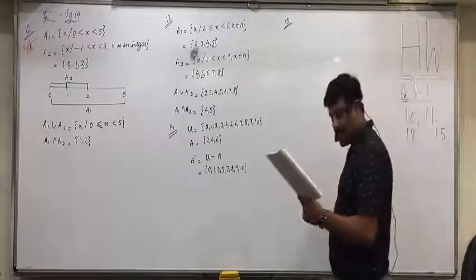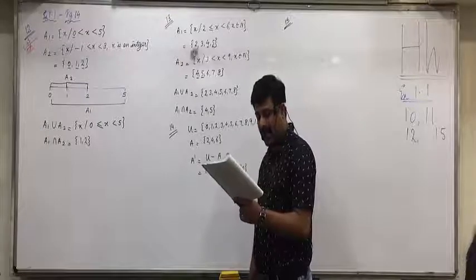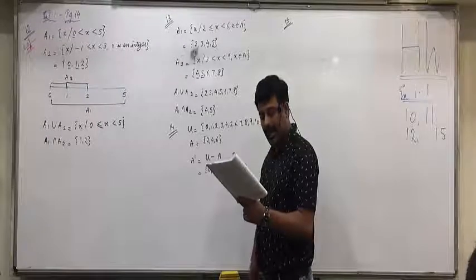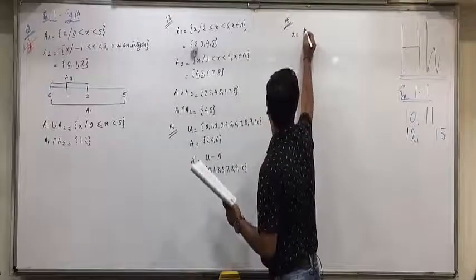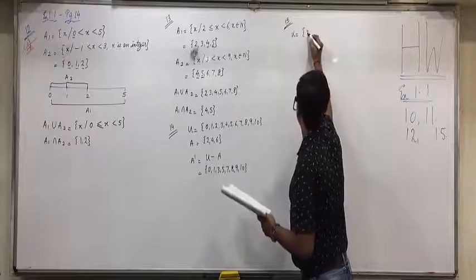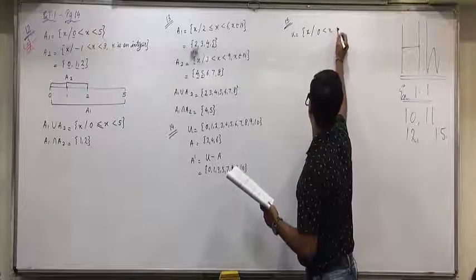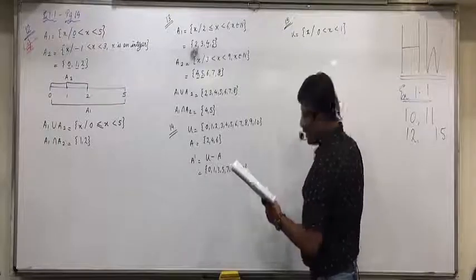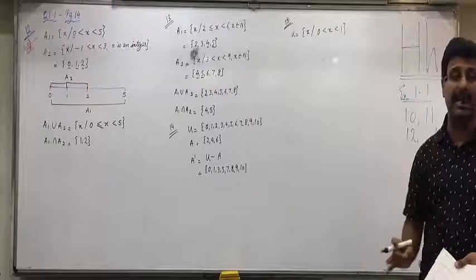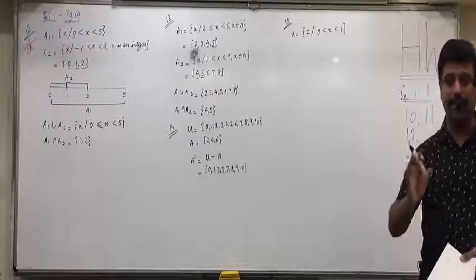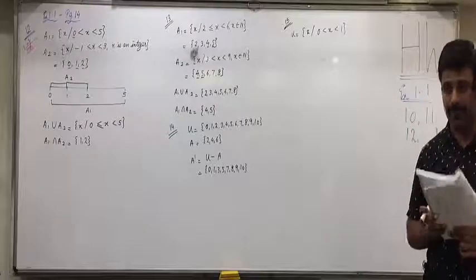Now look at 15th question. The sample space U of a random experiment and its event A are defined as follows. Again find complementary event A dash of A. U equals to x such that 0 less than x less than 1. Can we write it in any other manner? No. Because neither is it mentioned x is an integer, nor is it mentioned x belongs to N, because 0 to 1 is given.